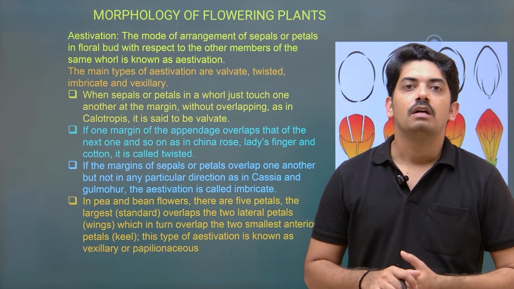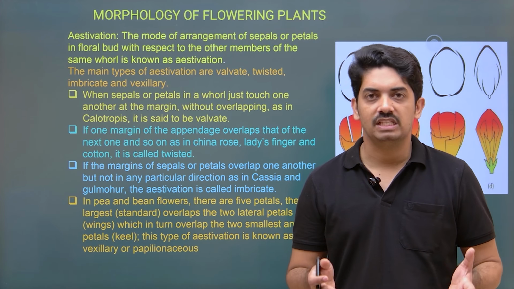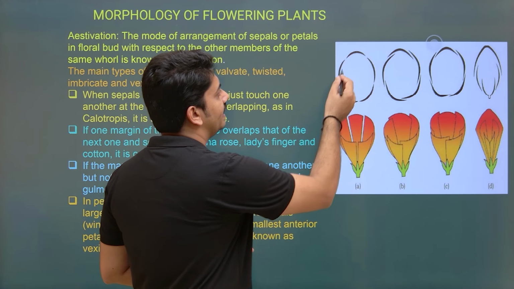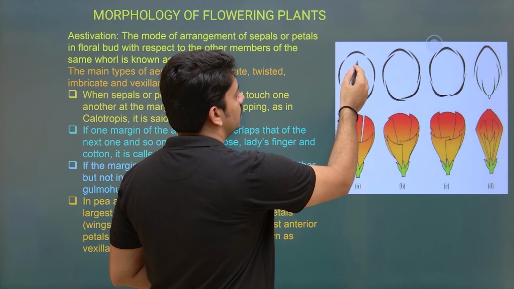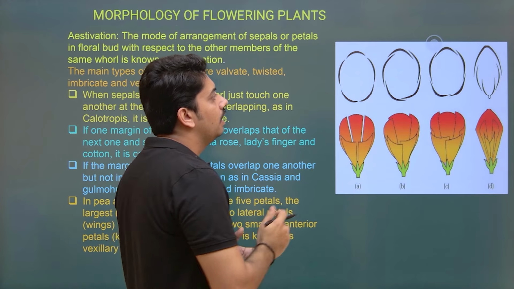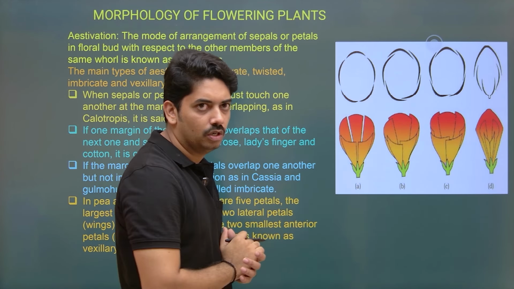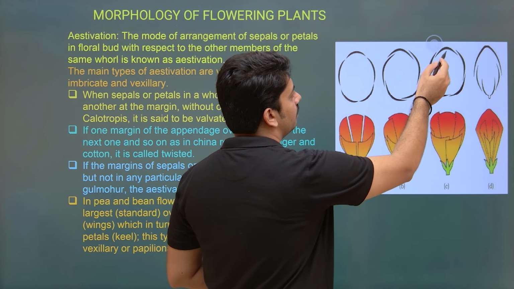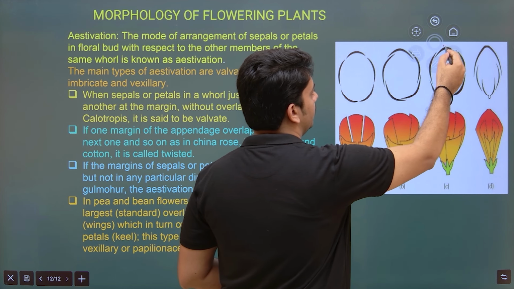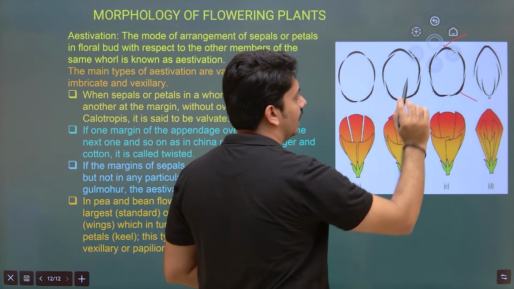There are different types: valvate aestivation, imbricate aestivation, twisted aestivation, and vexillary aestivation. Here you can see the different pictures. If petals and sepals touch at their edges, it is called valvate aestivation. If they overlap on each other in a twisted manner, it is called twisted aestivation. If one sepal or petal is completely inside, one is completely outside, and the other three are overlapping, then it is